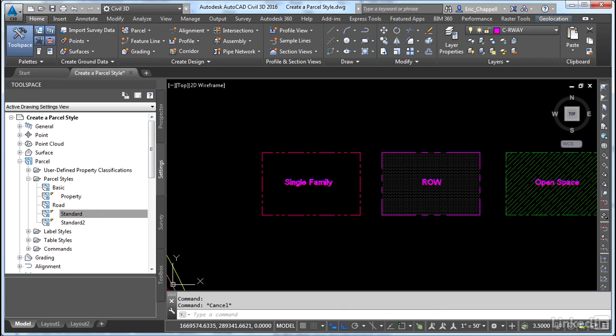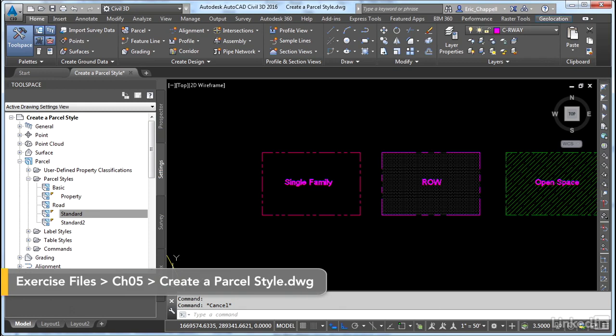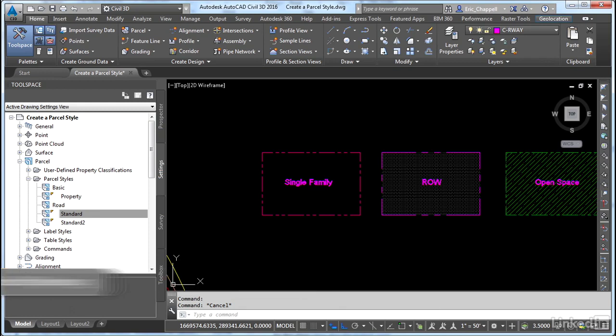So far, you've seen how styles can be used to control the content, appearance, and behavior of objects and labels. But to this point, the styles have all been there for you. What if you need to make your own styles? In this chapter, you'll learn how to build a few styles of your own, starting in this video with parcel